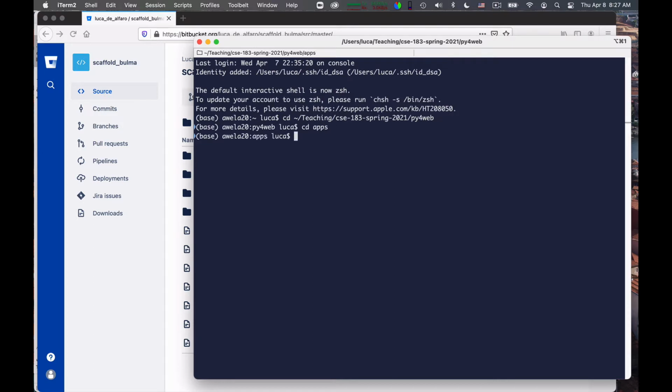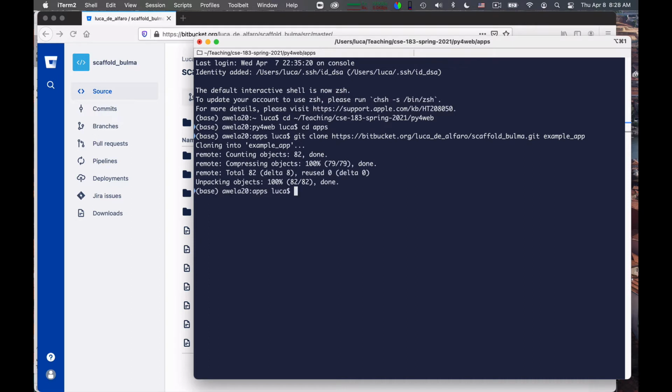I go into the apps folder and I clone it, but I don't clone it into Scaffold Bulma, right? I want to give it another name, and so I can say, for example, example app. Okay, I'm not very full of fantasy, and so that's what I choose as name. So I cloned it, then I go into it.